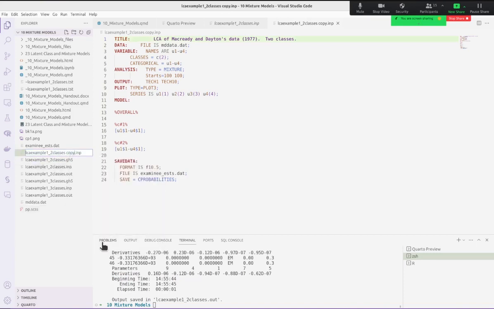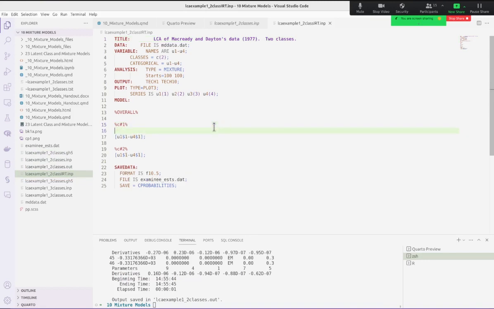Rename this to class IRT. Okay. So here, what is our IRT model in Mplus? We can estimate all of those. We can have theta